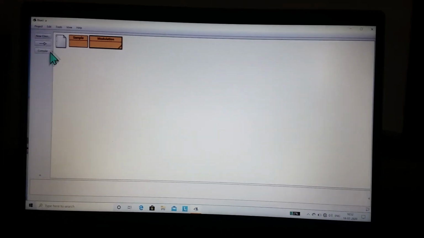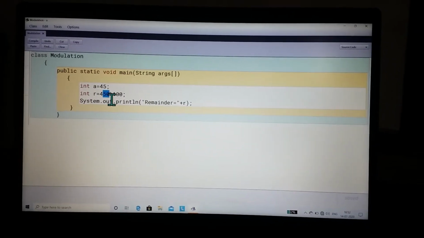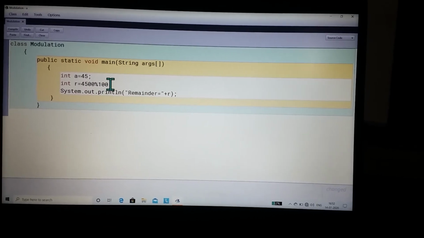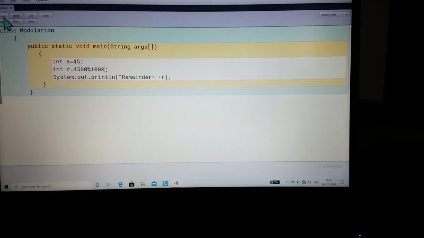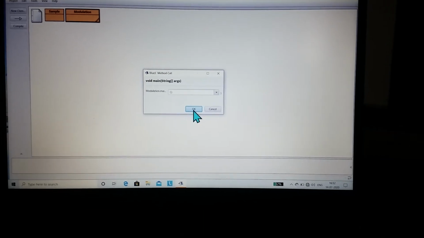So let's take our last example. If it has 3 digits, let it be 4500 modulation by 1000. Then what happens? Let's see.